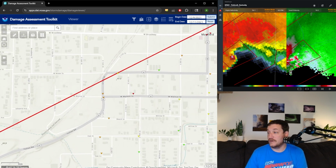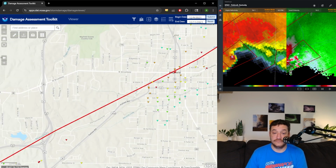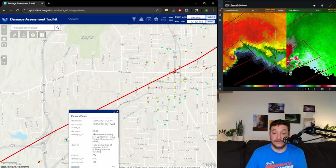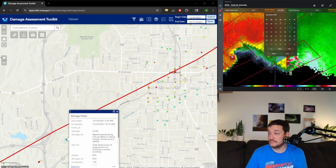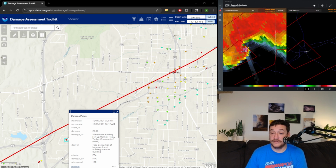So continuing on, let's go ahead and move us a little bit forward because the radar signature in actual Mayfield is horrifying. Because that's right as it hits. This is right as it hits the candle factory. Let's push forward to 9:30. In actual Mayfield,